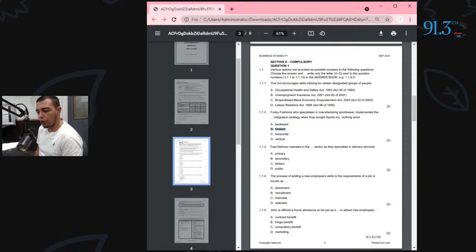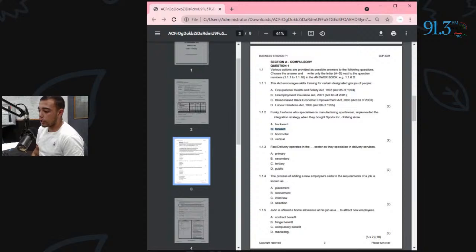Another example that we could use here to make you understand things more clearly is fruit and veg. If fruit and veg is the retail store, what is the supplier? The farm is the supplier. So forward integration there is when the farm buys over fruit and veg. What would be the backward integration? Just the opposite, where fruit and veg buys over the farm. We now move on to